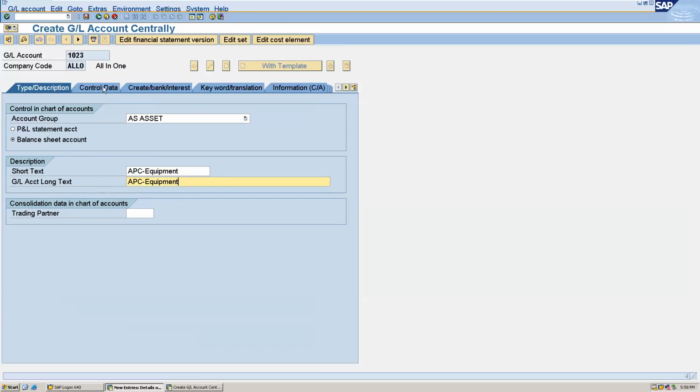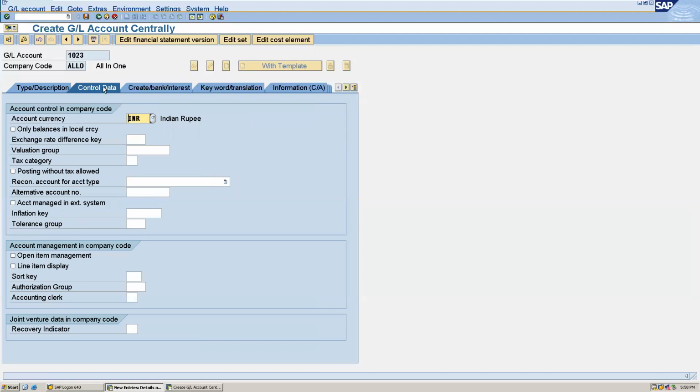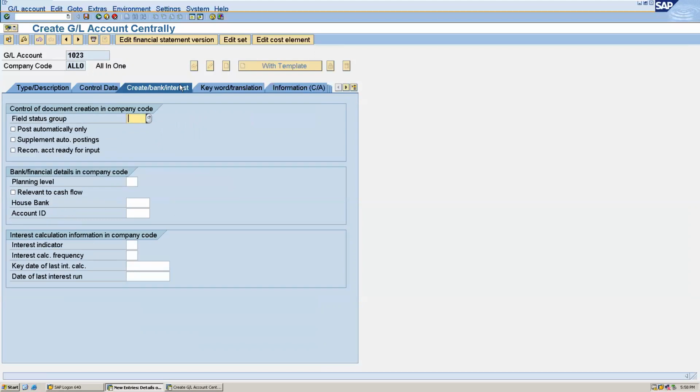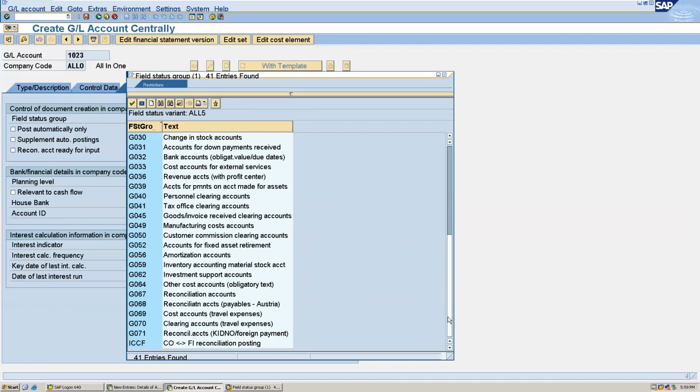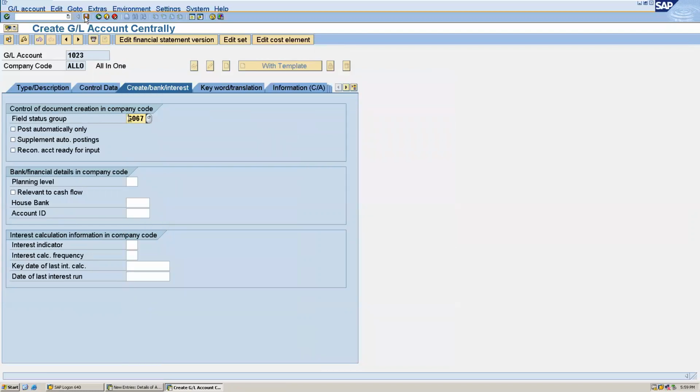Then go to control data. The reconciliation account type is assets. Create bank interest. Have to give the field status group. It will be G067, which is for the reconciliation account. And save this.